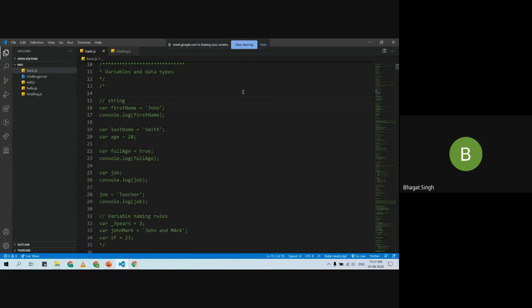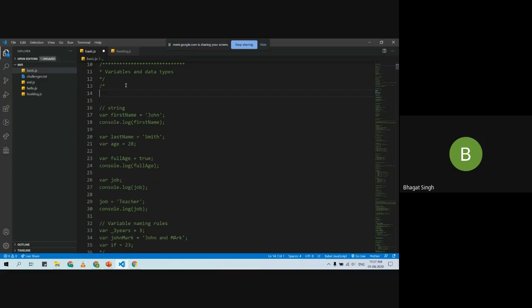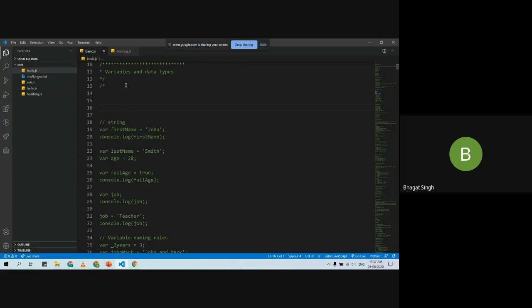In string, now before going to the data type, I'm sorry, let's see how to declare a variable first of all. To declare a variable, we will use a var keyword. It's a keyword, okay? To declare any variable, we will use a var keyword followed by a variable name like first name. And this is how we declare a variable, that's all. Var keyword. So here we are saying that we are declaring a variable of name first name, and we have